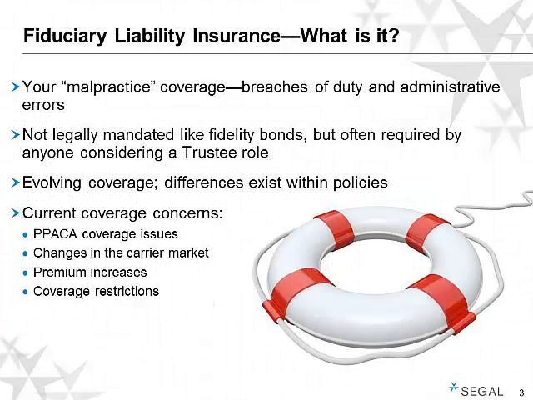Fiduciary liability. It's a type of malpractice. It's an errors and omissions type of coverage. It protects you if someone alleges that you made a mistake or you mishandled something or you didn't do something correctly. It's not mandated, but we think most trustees always want to have this coverage, and it's perceived almost like a mandatory coverage. Again, like the Fidelity Bond, there are many differences in the policies, and as the marketplace has evolved over the years, we see those differences as being more and more important, and one of the really big distinctions we see anytime we do a free policy review.